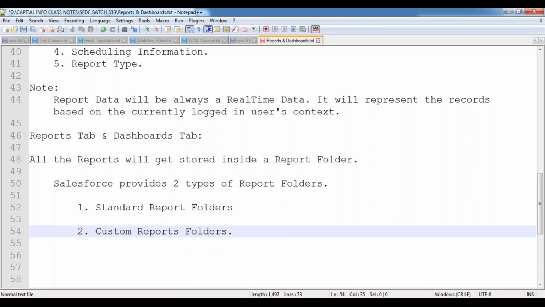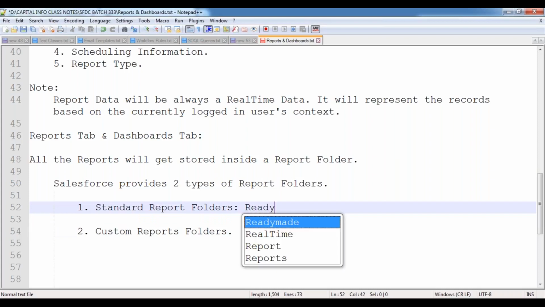Standard reports folder. Second one, custom reports folder. That means Salesforce has given the standard folders ready-made by default, and then we also have the possibility to create our own folders. Standard folders means what? These are the ready-made folders